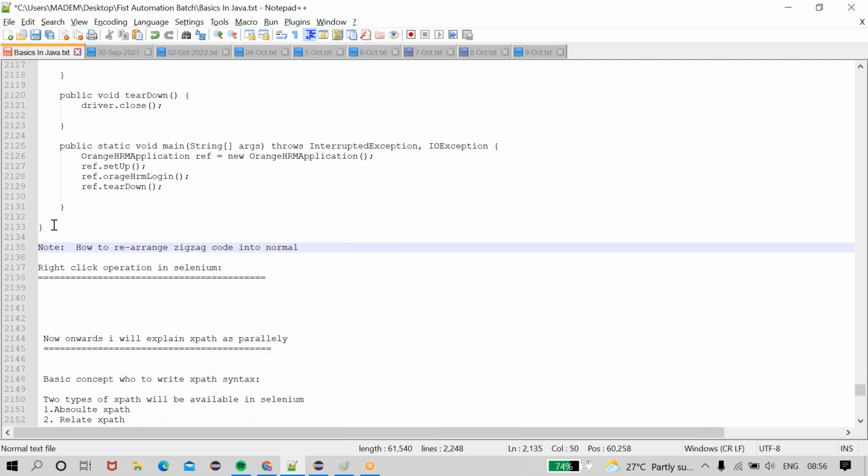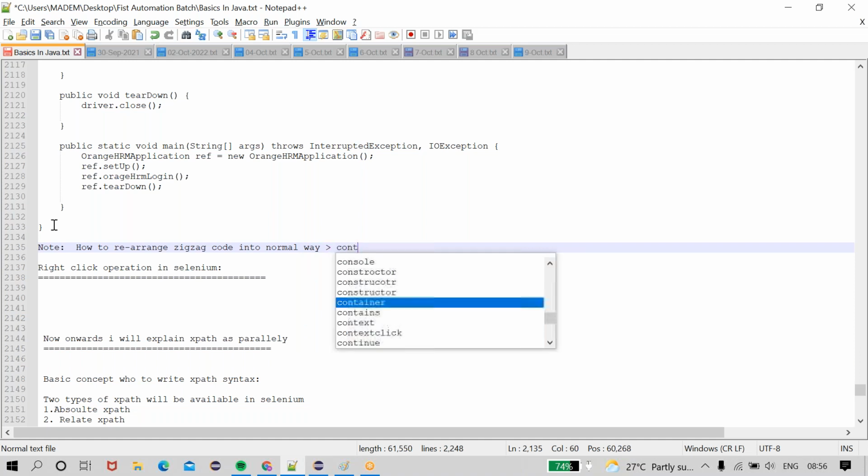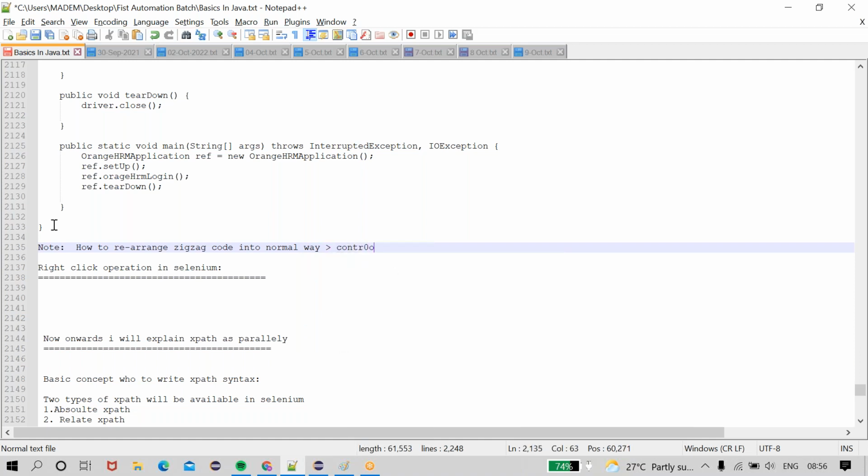Very important, guys, for the sake of good practice. Perform the operation by using Control plus Shift plus F. Very important.